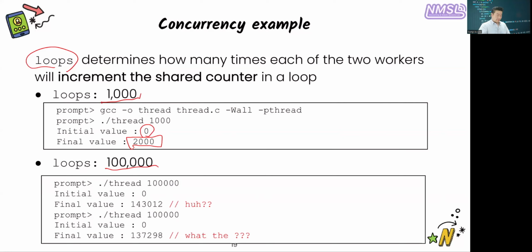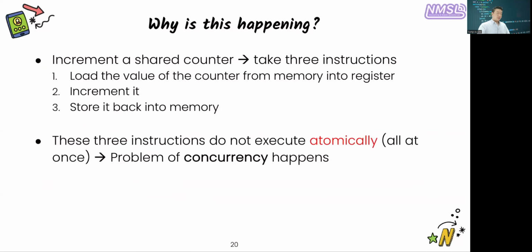you're going to have initial value of 0, but some weird final value. You run it again, also a weird value, and also a different value, right? So what the hell is going on, right? Now,